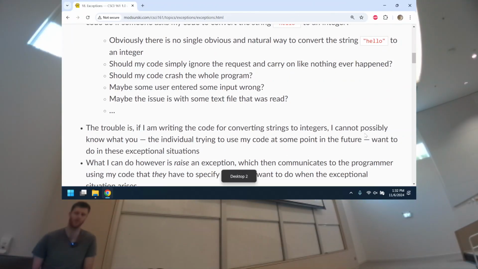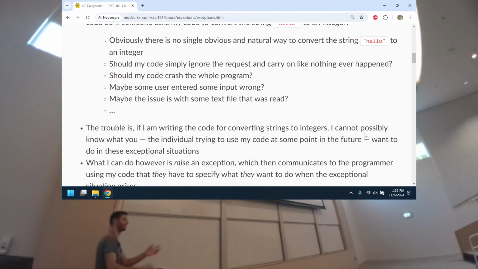All right, so this is what we were talking about last time: exceptions. If I'm writing the code in the past to convert strings to integers, and someone in the future, like you today, writes the code to convert a string to an integer, but you give it something that cannot be converted to an integer,